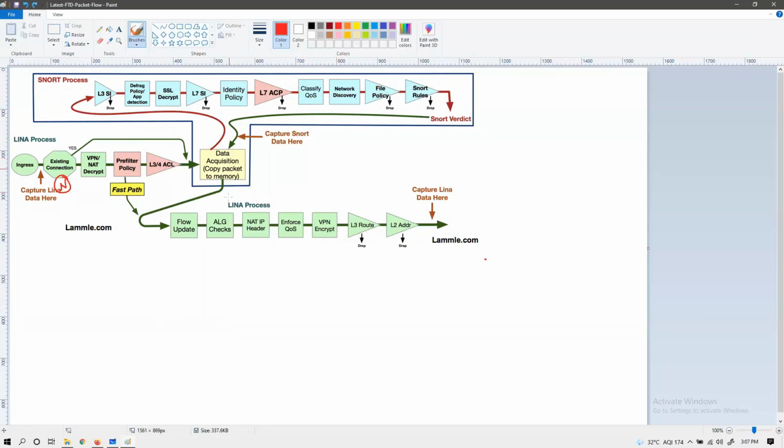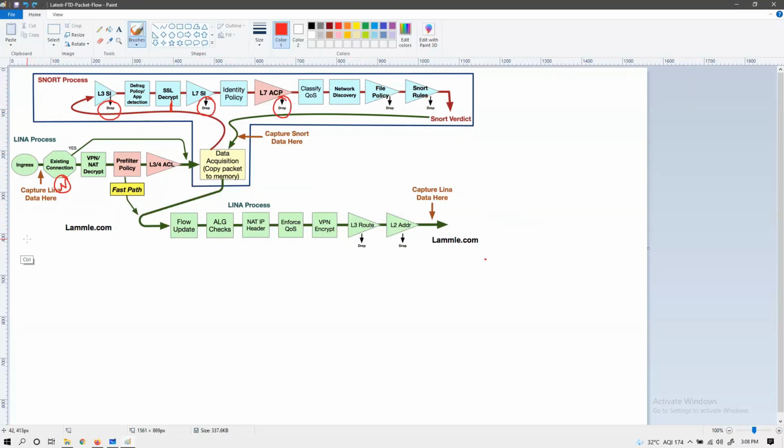Okay, and then your packet will be coming to flow update if it is allowed in all these policy checks. You can drop the packet in 5 policies. You can drop the packet here also in SSL decryption. Here, here, and here. Okay, you can drop the traffic in 6 policies, you can say. In pre-filter policy also.